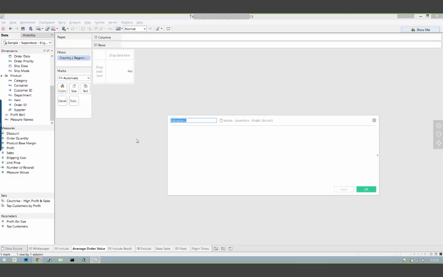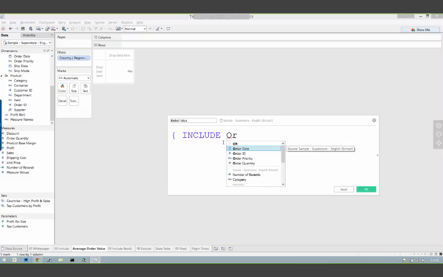Let's call this basket value. Let me see if I can zoom this in. So to get started, you could remember to do the curly brackets. Every level of detail calc starts and stops with curly brackets. If you like typing less, like I do, just go straight into one of the LOD functions. In this case, we're going to do include, tab it, and Tableau will add in the brackets for you to remind you to put those in.